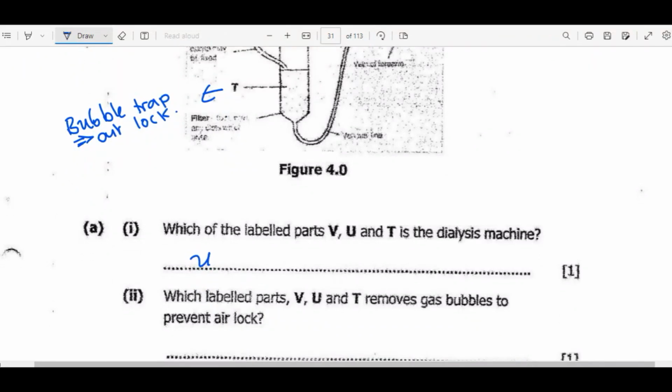Then which labeled parts, V, U and T, removes gas bubbles to prevent airlock? So that is our T. Remember, it is a bubble trap. That is what does that, right? Now move on to